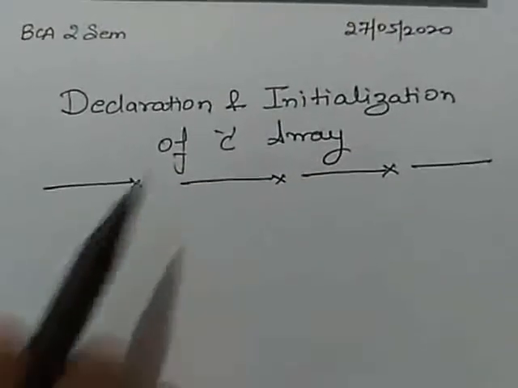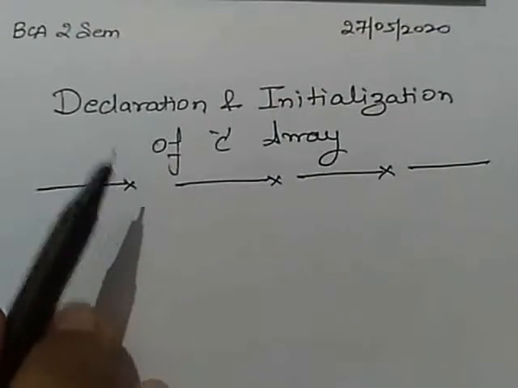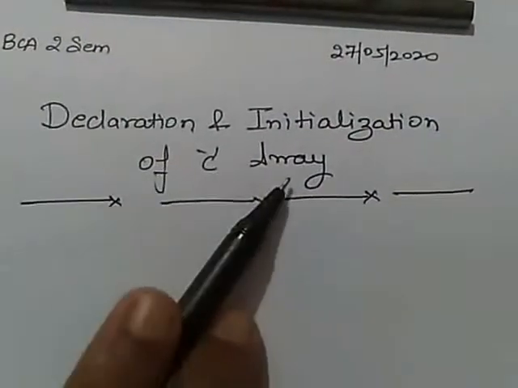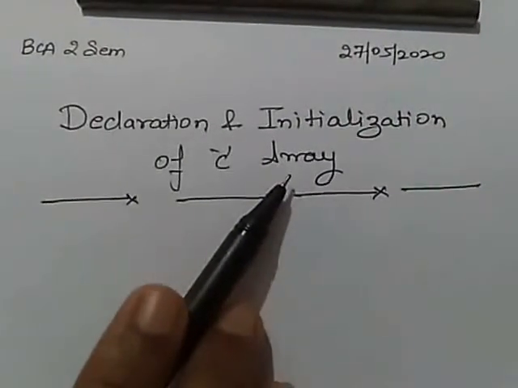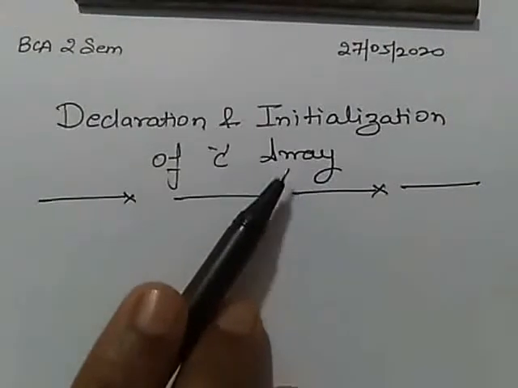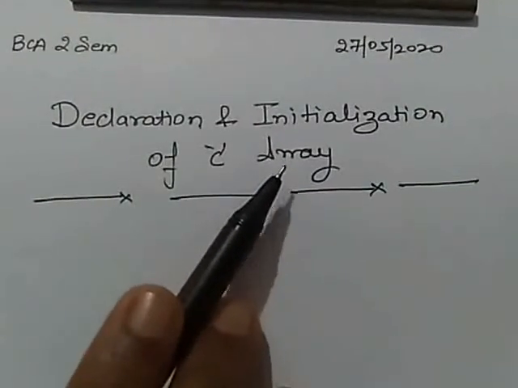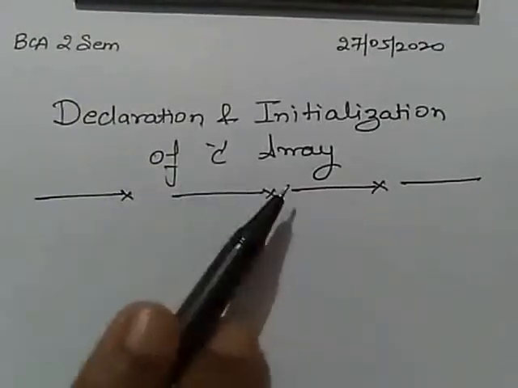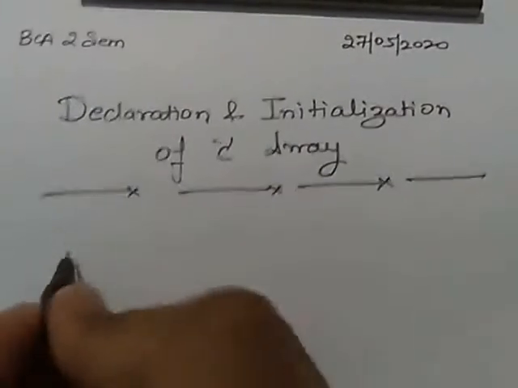Friends, today we will study about declaration and initialization of C array. As we know that in order to group same type of element we have to use array. Now to declare an array in C language, the syntax is given by